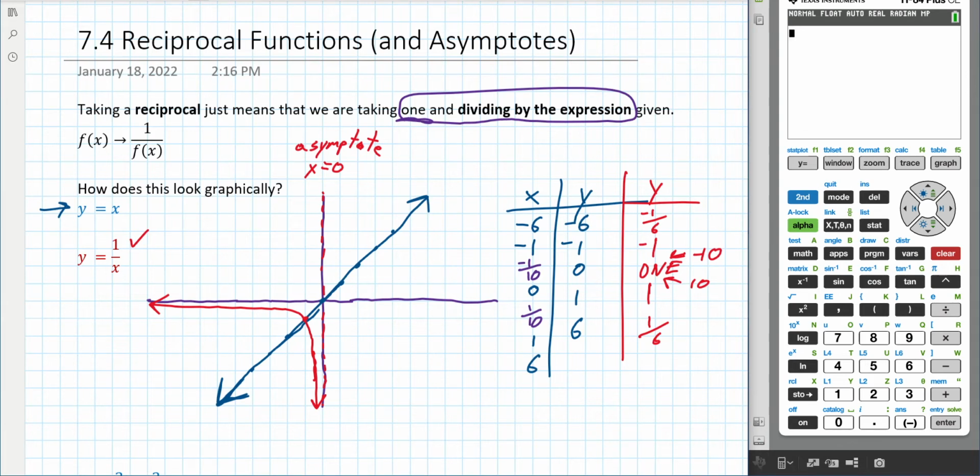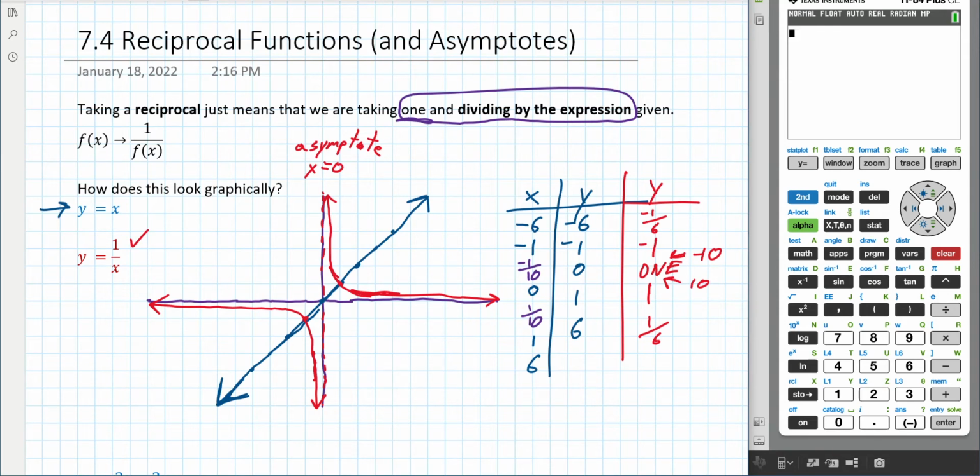Okay, and then in the positives, it'll be something like this. Okay, and so you can kind of see it's a weird looking graph where it approaches this point